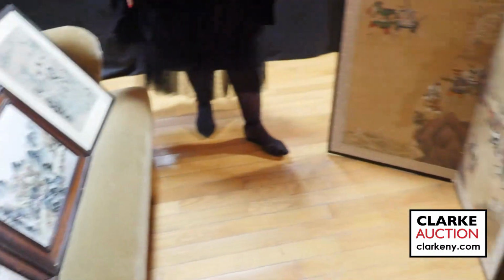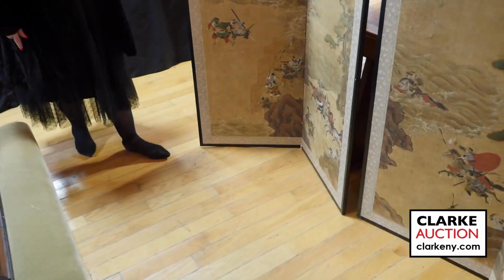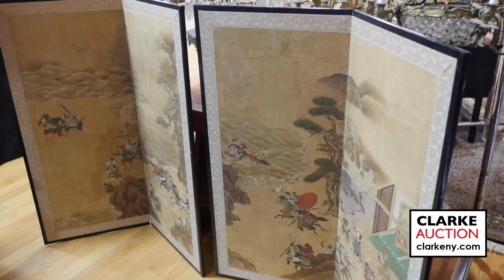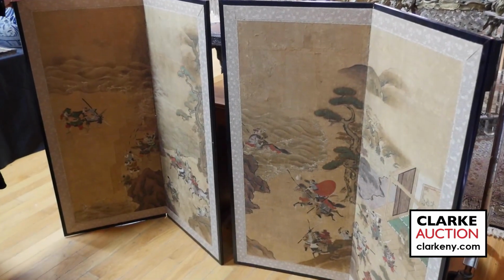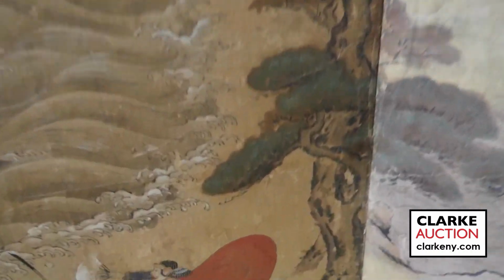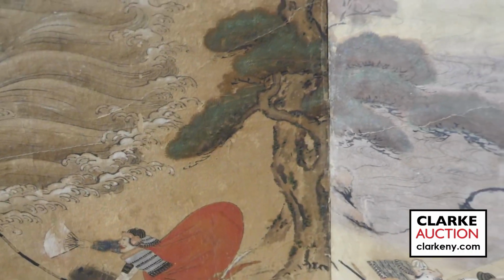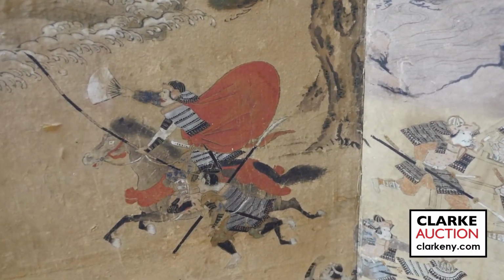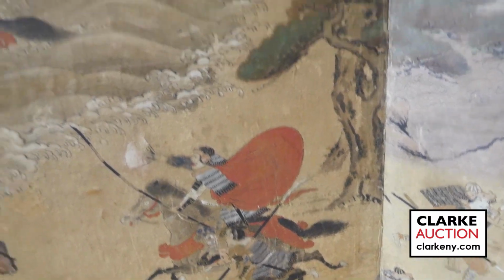So this is a 4-panel. This is one of several 4-panel screens, or floor screens, I should say. And this is a Japanese screen of warriors. So we have warriors on horseback and fighting with swords. So really quite nice. Take a look at our website to see the details on this, and also additional